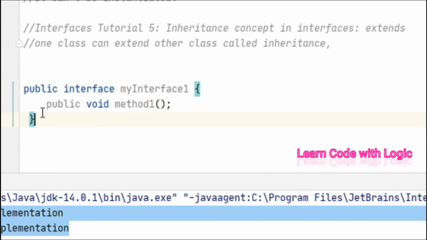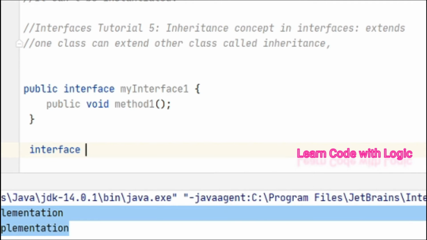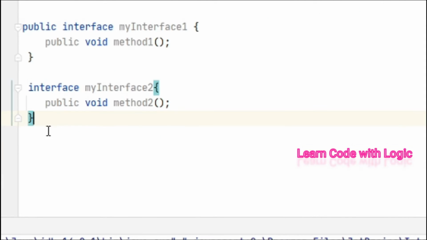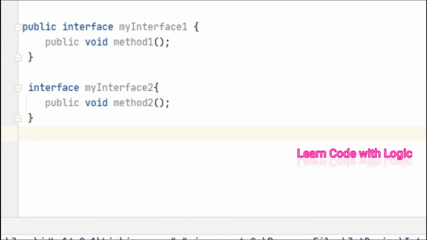Let's have one interface and one abstract method here. Let's also have one more interface, named my interface 2, where you can take one more method, say method 2. If you have two interfaces, we can access those interfaces in a class using multiple inheritance, right?